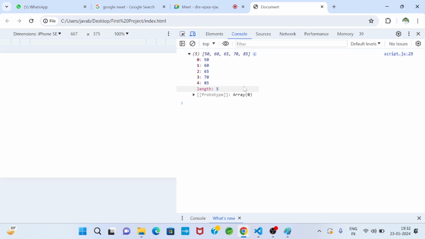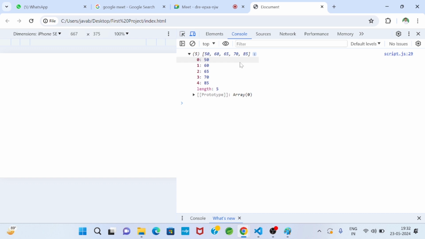So marks of 0 is 50. Marks of 1 is 60. Suppose one question is: these are the marks for a given array with marks of students.